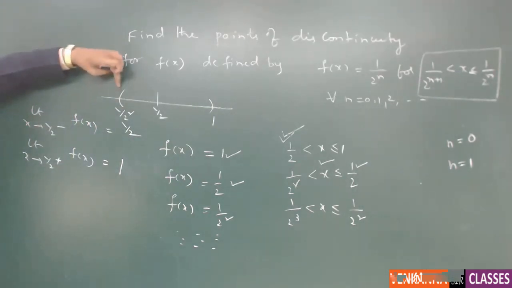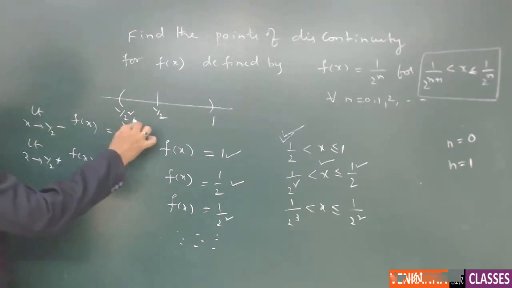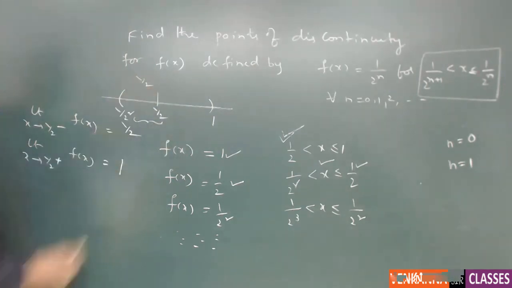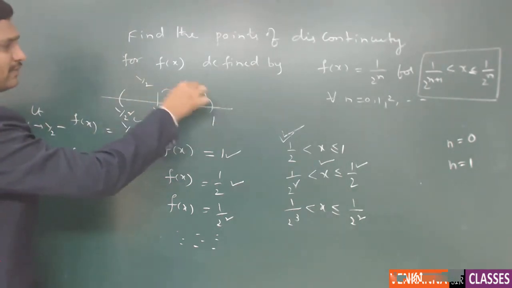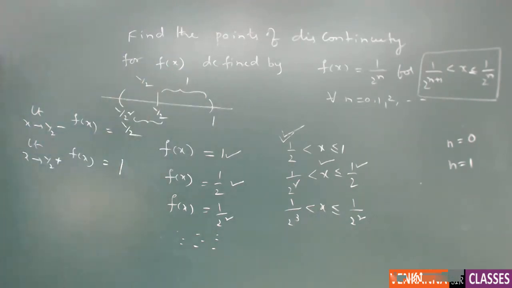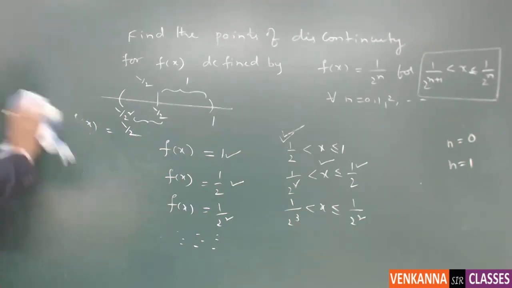So between 1/2² and 1/2, the function value is nothing but 1/2. From 1/2 up to 1, the function value is 1. The right neighborhood as well as the left neighborhood, if you consider, the left limit value will be 1/2 and the right limit value will be 1. Fine. So in this manner, if you calculate at every bifurcation, you can observe one common thing,